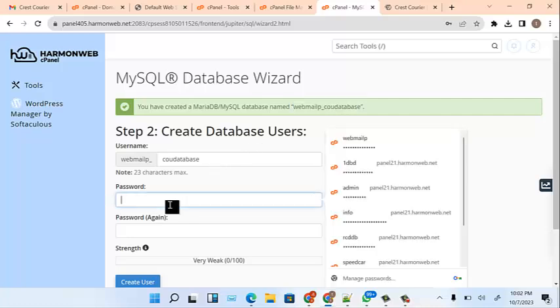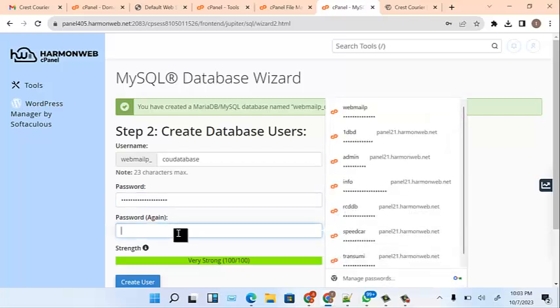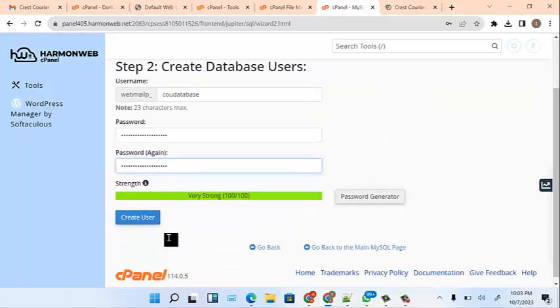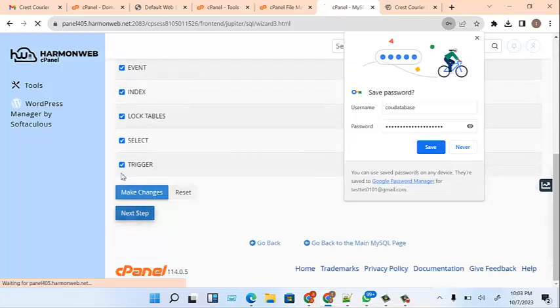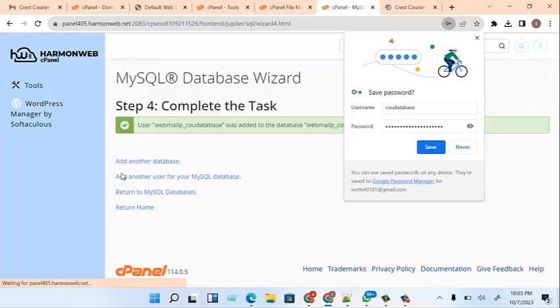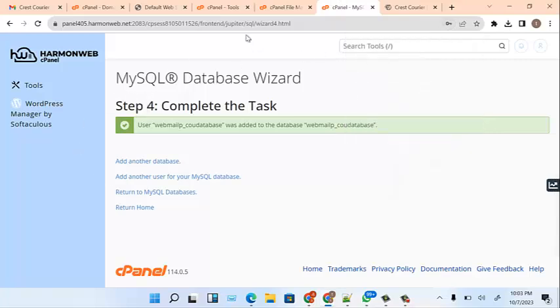Come here, paste that password, just copy it from here. Come here once again and paste this one also. So we click on create user. It takes you to the next page. You click on all privileges, then click on next step. Very good. Now our database is ready to be used,